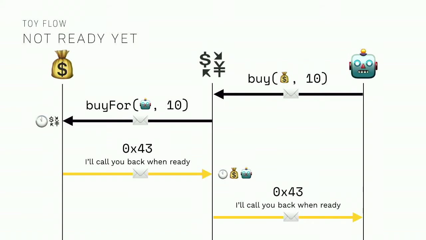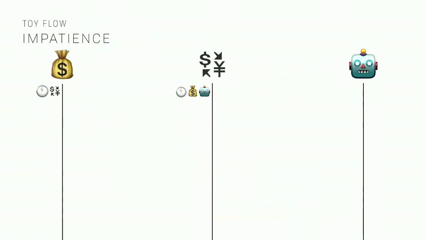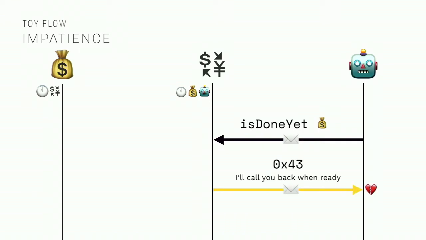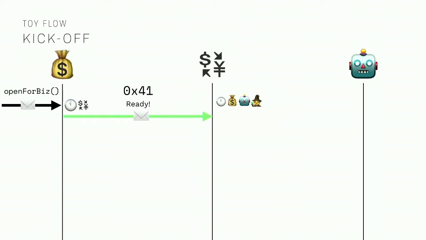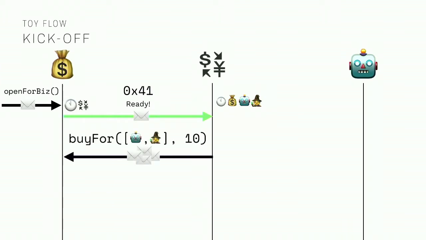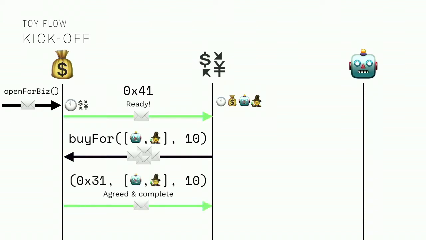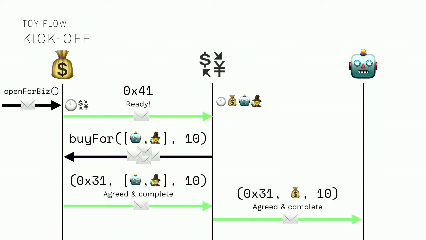And then that message can propagate back up. Some time goes by, the user is impatient and they ask, hey, is that done yet? And we respond again, 43, no, and then we can just revert the entire transaction because nothing actually happened here. Sometime later, this token is now open for business, the ICO is open, or the lockup period's done, whatever it is, and we can then say, hey, we're ready. You have a few users waiting in queue. OK, great, let's send those messages to buy for them. Great, that's complete. Propagate that back out to the users.